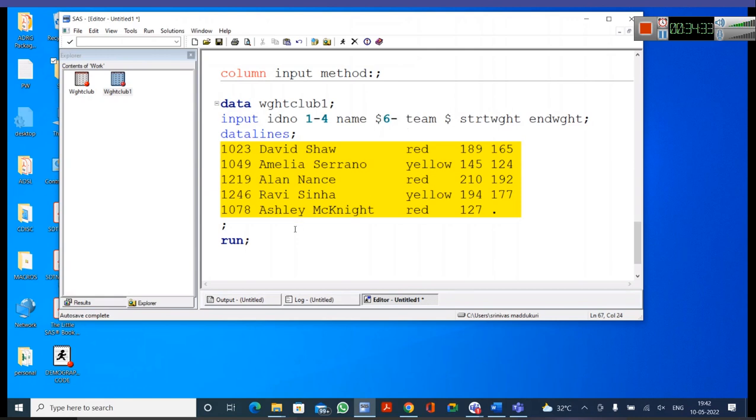What is the longest name that we have out of these 5? Ashley McKnight. Now, before the last character of the last name, if I keep my cursor here, can you tell me what is the column number I'm getting? 20. Now you should specify 6-20. That means